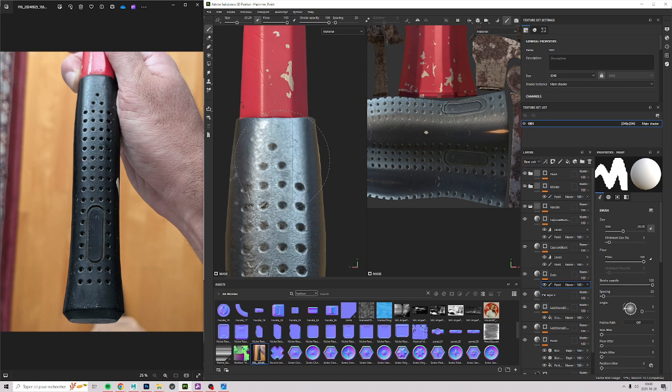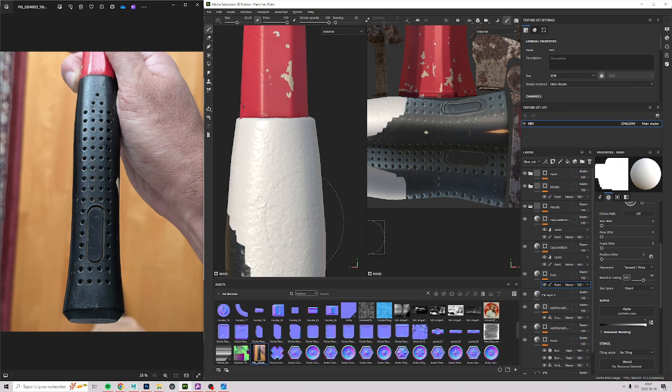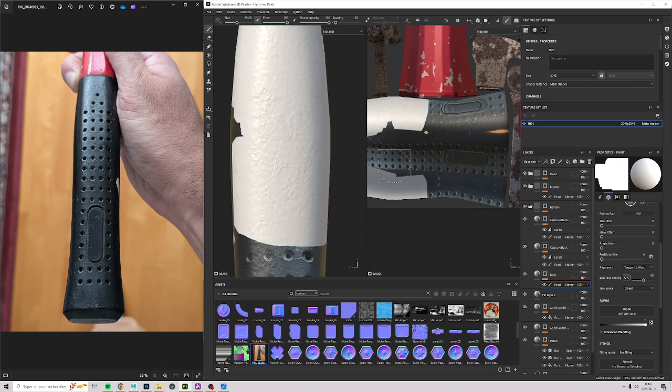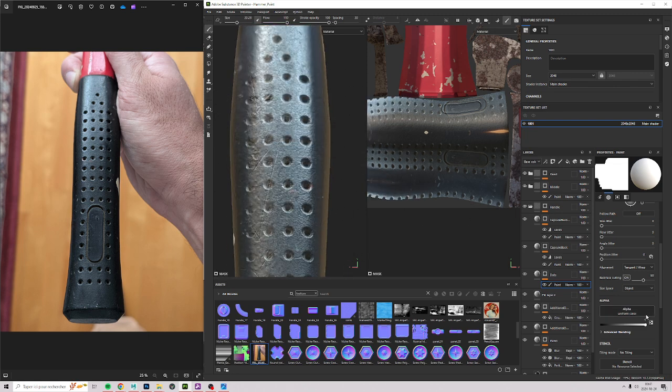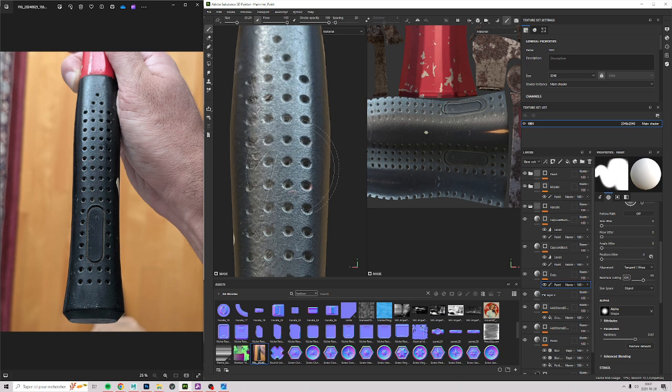Right now you see I still have the capsule. So if you want to get back to the normal default brush, unfortunately, it doesn't go back to default by itself. So in the alpha, you just click over here and search for shape, and you get this little round normal circle, which is the basic brush. So paint,